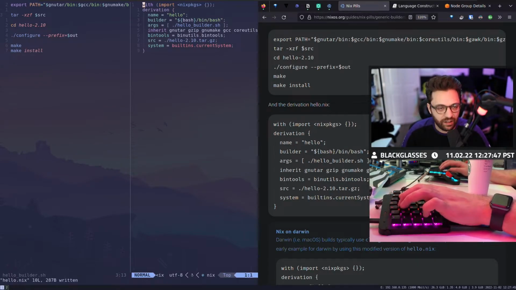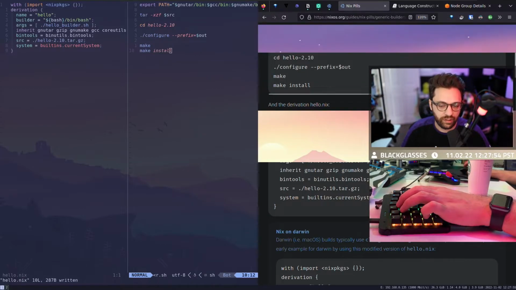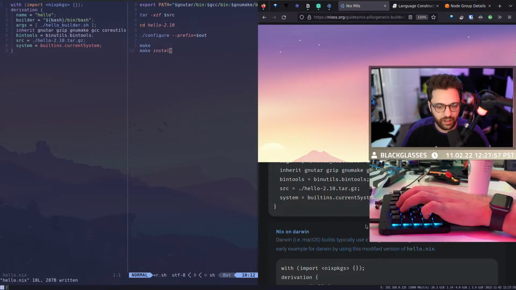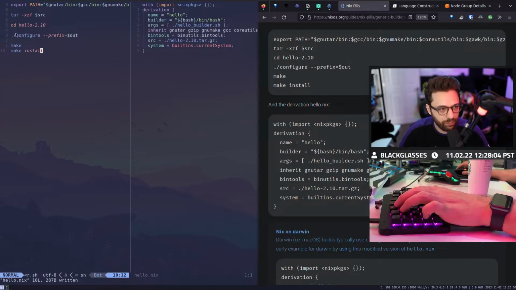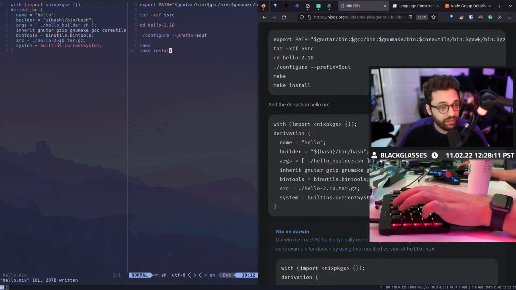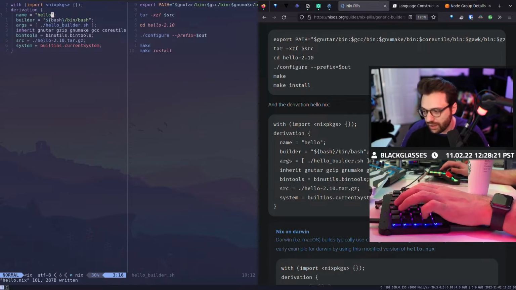And so chat, when we talk again about trying to compare it to what we know, on the left side here, we'll see two things. First, our custom builder that we made with the binaries added to the path, as well as the steps it's going to take to build our software. And the second thing is our Nix derivation, and this is where we import all of our packages to use, or any other derivations we need essentially.